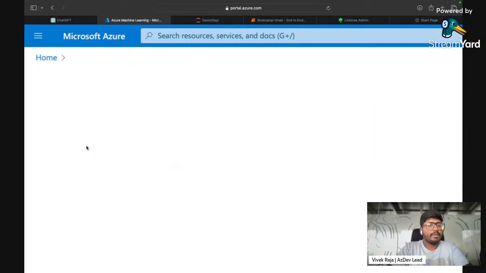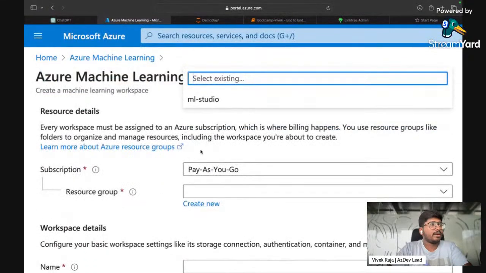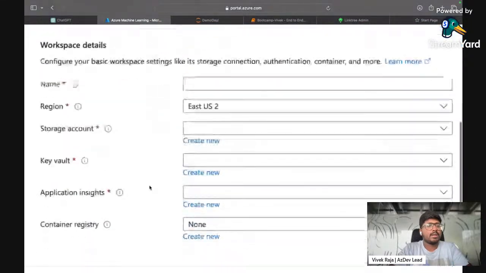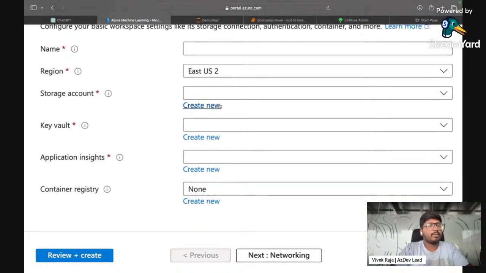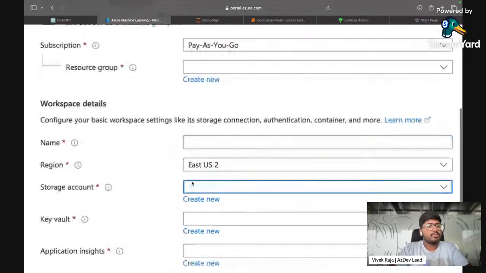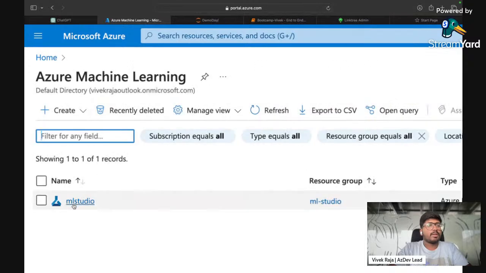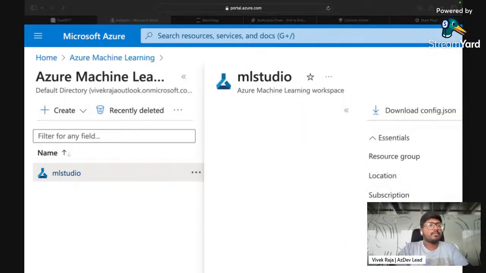It asks you for a couple of details such as name, resource group, and everything. And you guys know what a resource group is. It is to logically put my machine learning services under one resource group for logical consideration. Name, storage accounts, and everything. If not, it will create a new one for you, or you can attach your existing storage accounts as well. Once you enter all the details and click review and create, it will create a new workspace. So I'm going to go with an existing one.